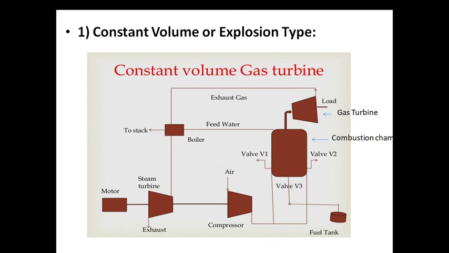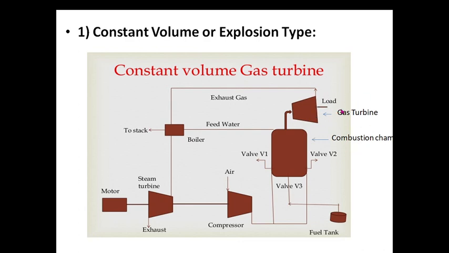The combustion occurs at constant volume as valves are closed. During the explosion process, an instantaneous pressure rise of about 101.4 Newton per centimeter squared occurs, and the non-return valve at the top of the combustion chamber is forced to open outwardly. This permits the combustion products to escape and pass through the gas turbine. In this turbine, the exhaust gases expand in the nozzle and drop in pressure. So heat energy gets converted into kinetic energy, and using this kinetic energy we operate this